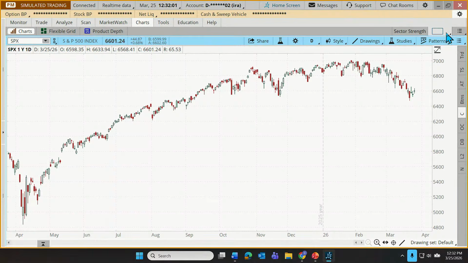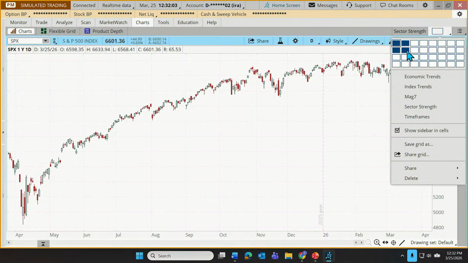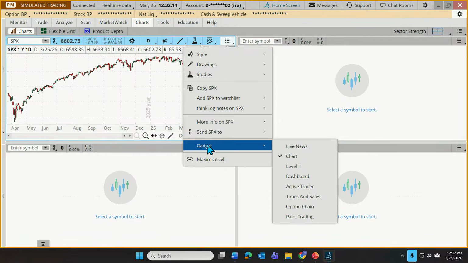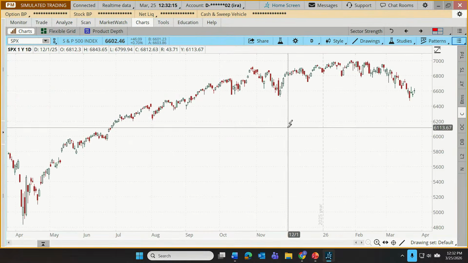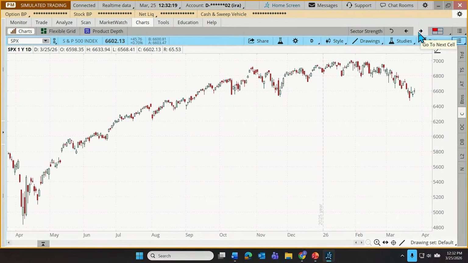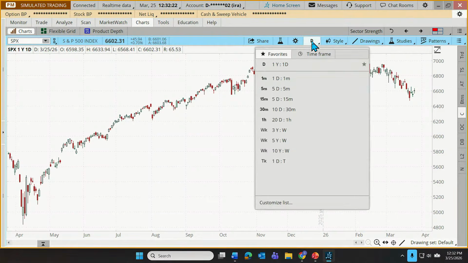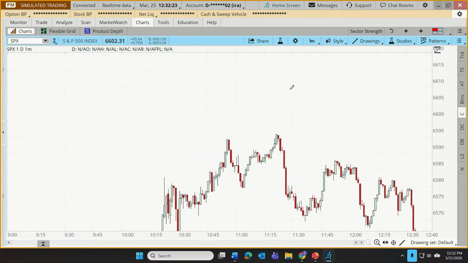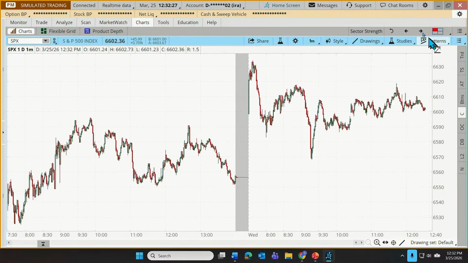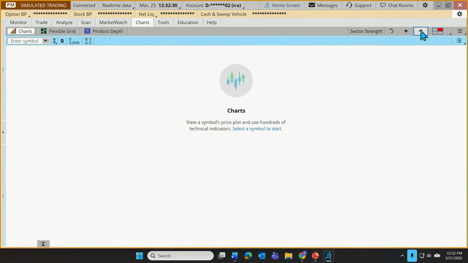And how about we set up a grid? Let's just do 4 time frames. And the first one, let's move maybe progressively from shorter term to longer term. So we're going to blow it up here. Let's maximize this gadget. How about we switch this one to a 1 day, 1 minute chart. So we get a nice clean 1 day chart. Let's move on to the next chart.